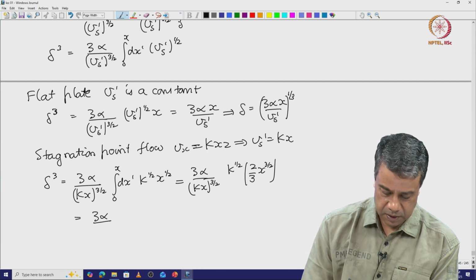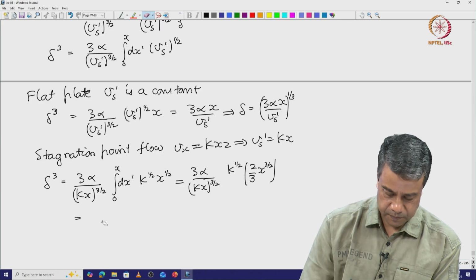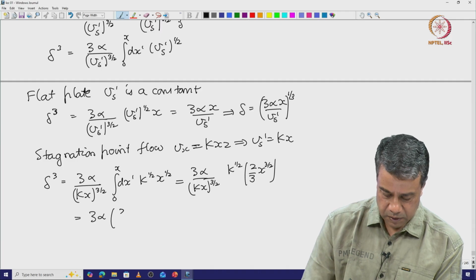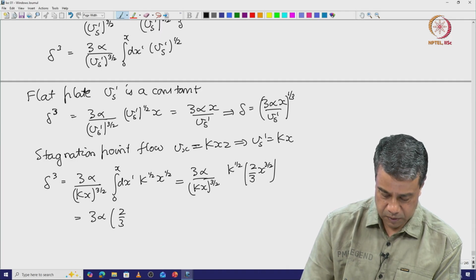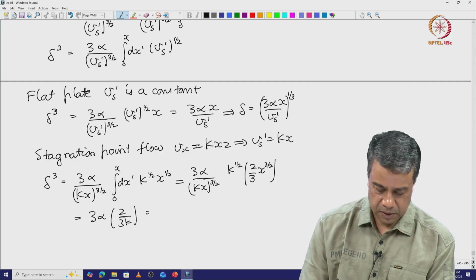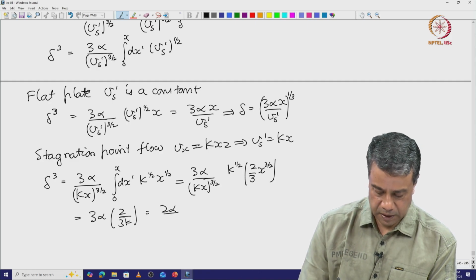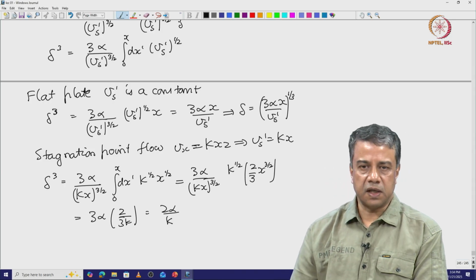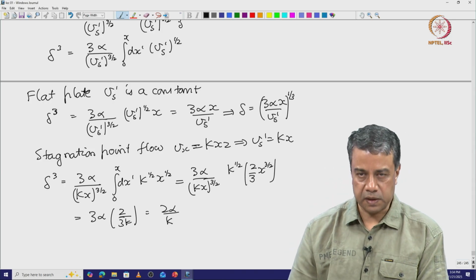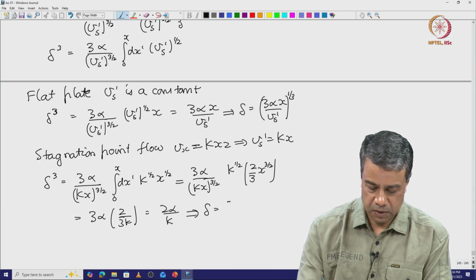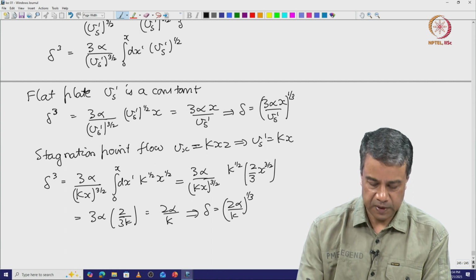So, 3 alpha into 2 by 3 into 2 by 3 k, which is 2 alpha by k. You can see the x to the 3 halves will cancel out in the numerator and the denominator, which implies that the boundary layer thickness delta is equal to 2 alpha by k whole power 1/3 for a